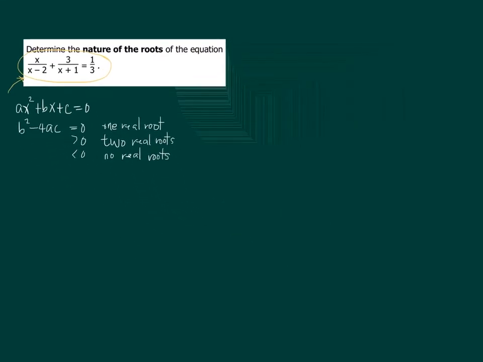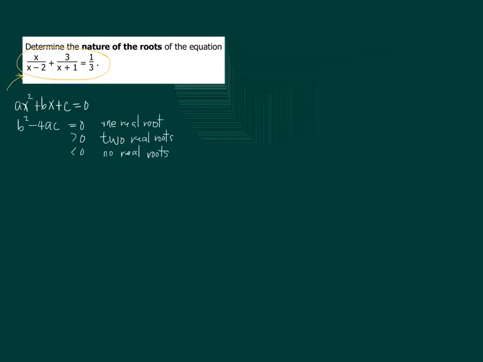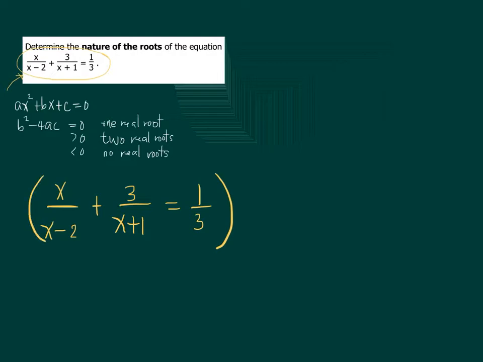Okay, so what we can do is simplify it. Let's copy it first. So x over x minus 2 plus 3 over x plus 1 is equal to 1 over 3. To eliminate the fractions, we can multiply both sides of the equation by the LCD of the fractions. And working with algebraic expressions, the easiest way to get the LCD is to simply get the product